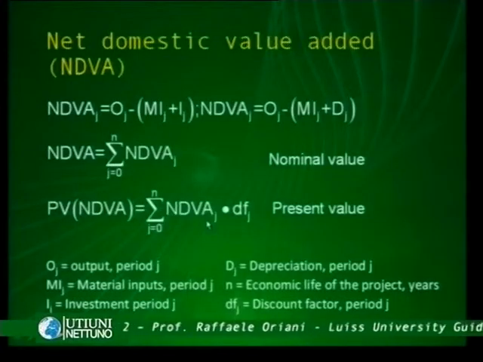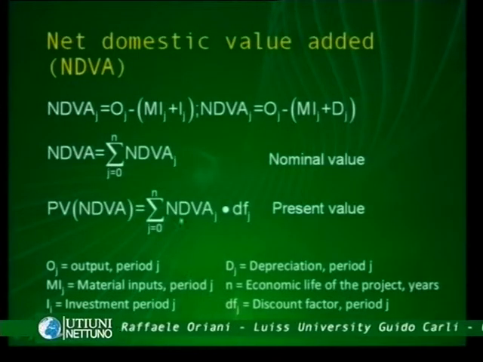In the case of value added, the social discount rate, as we saw, starts instead from the interest rate on the financial markets, as we saw in the previous slide. If the numerator is income and not consumption, it's more correct to use that version of the social discount rate. And clearly this choice can again impact on the present value of net domestic value added that I have here